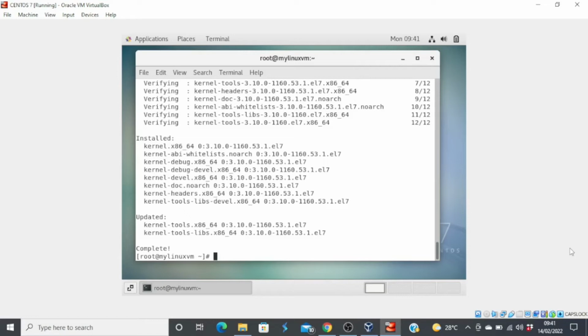So to be able to do this, we have to run the command rpm space dash UVH. Now you have to understand that the U is in capital letters, so type it exactly the same way I'm typing. And by the way, before you start this entire process, ensure you are connected to the internet. So we have https colon and then our